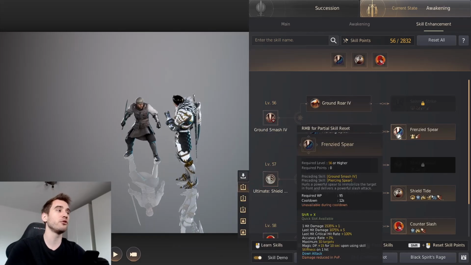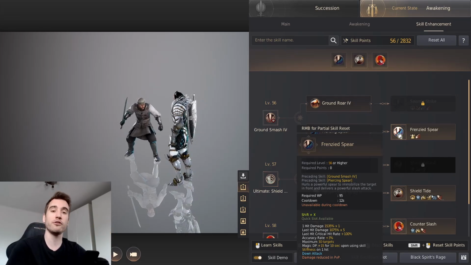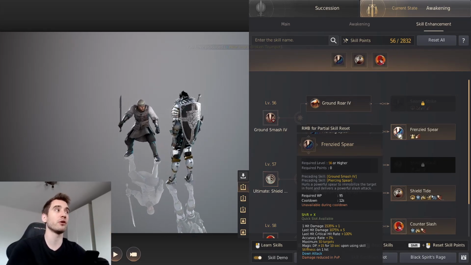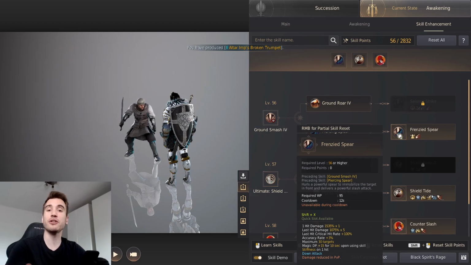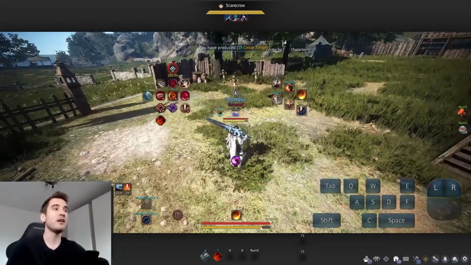These two abilities are going to unlock your Frenzied Spear. And this should be your #1 priority to get when we are talking about skill enhancements. Obviously, if there's other things in your skill tree that's more important to get before this, get that first. But as soon as you're ready to start working on the skill enhancement abilities, this is the #1 priority to get. The way it works is